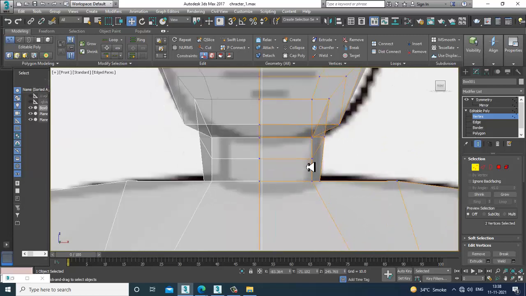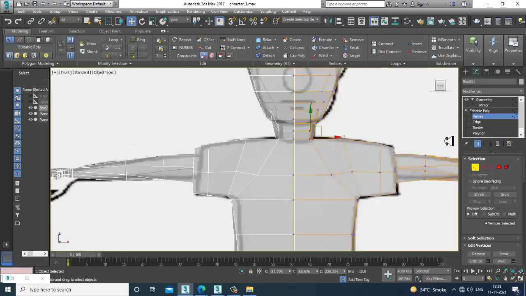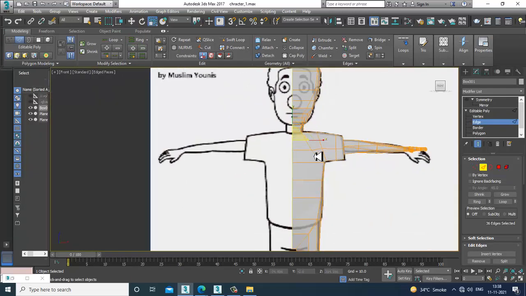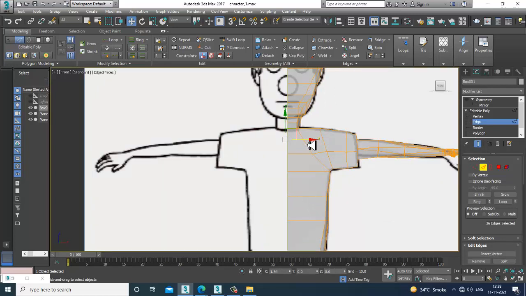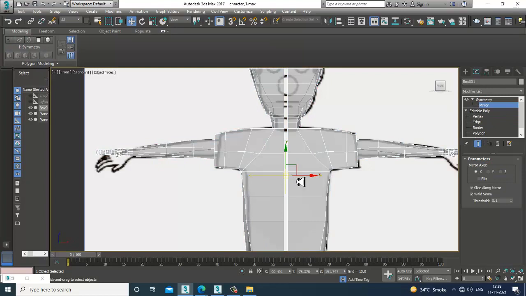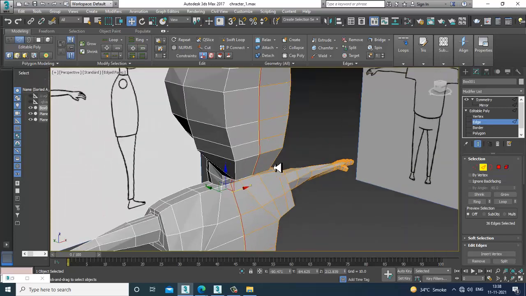So the neck region is too big. I'll turn off the symmetry part, double click it, and make it more straight. I'll slightly push it a bit inside and activate the symmetry part. I'll go into the edge again. That's it. Now it looks much better.